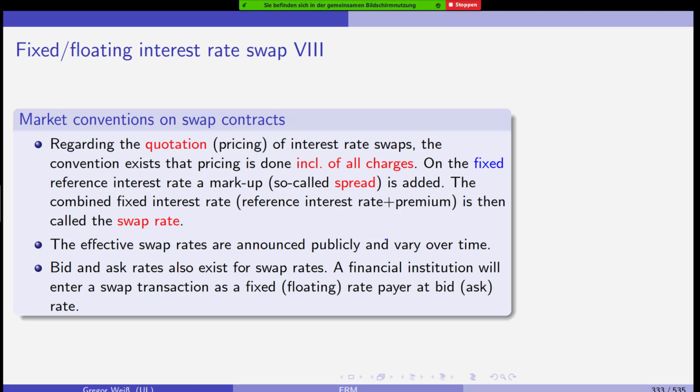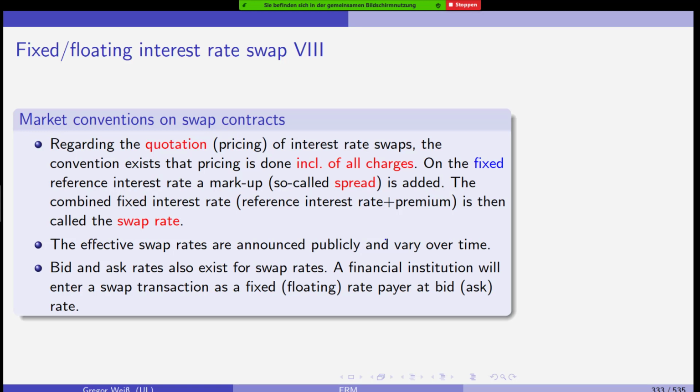And on the fixed reference interest rate, we have a so-called spread, a markup that is added, and the combined fixed interest rate. So reference interest rate plus a premium is called the swap rate. That's the swap rate, the fixed interest rate, on which the two parties have agreed upon. Those effective swap rates are actually also announced publicly by many banks and investment banks, and they